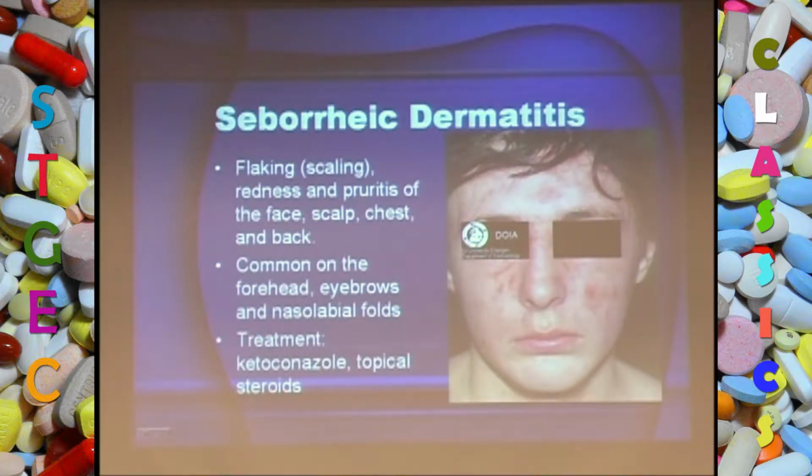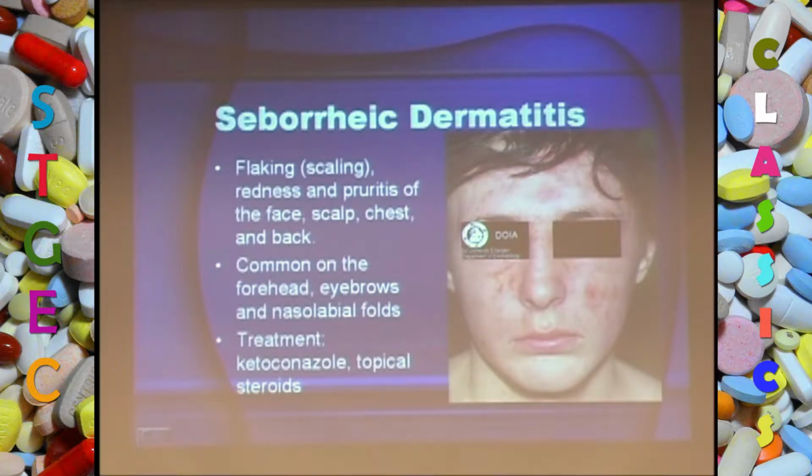And so what happens is these little yeast come in, and in some people they find just the perfect environment for this type of infection, and so they end up with this long-term chronic type of condition, and it's directly a result of a yeast infection, something we wouldn't normally think about, but that's exactly what seborrheic dermatitis is. Now, a lot of times physicians, or PAs or clinicians, will prescribe